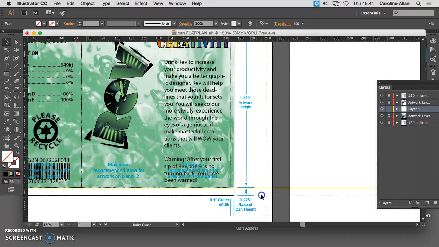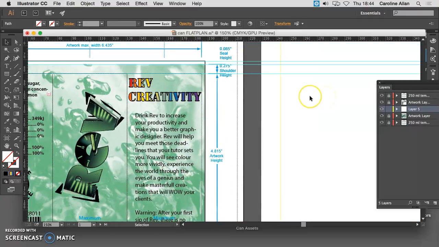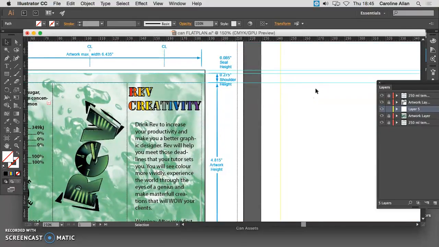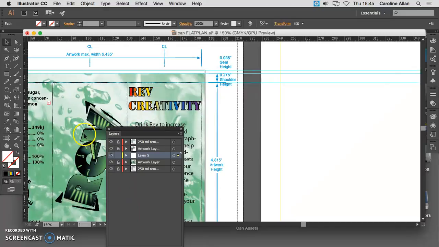And finally I need another one down here. I'm going to place a guide over here, which is going to be my starting point, and then I need to measure the width of the can, okay, and I need the diameter. I actually need half of that. So this is a slim can we're working with, very skinny can, and I happen to know that the diameter that I need is